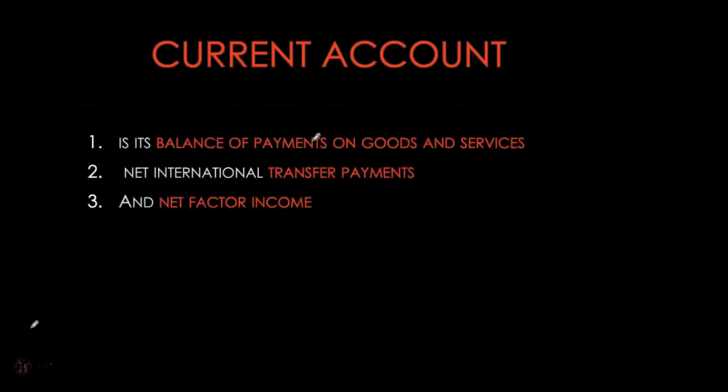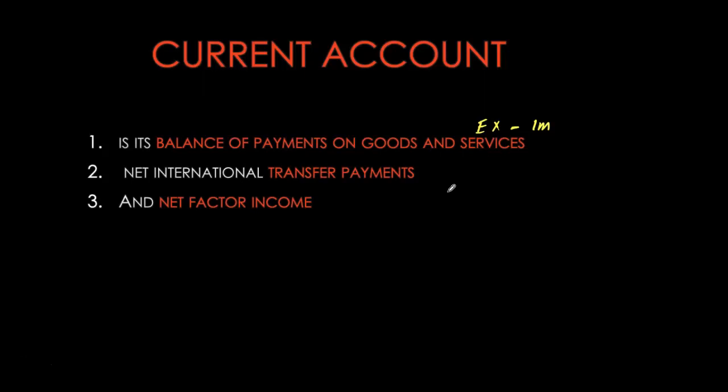Let's focus on the current account a bit more. The current account has three main components. The balance of payments on current account will look at the net sources of cash coming through purchases of goods and services. So when we buy goods and services, that's an outflow: imports. When foreigners are buying our goods and services, that is an inflow of cash, and that's your exports. So the first major component of the current account is our balance of payments on goods and services, or simply what we refer to as net exports.